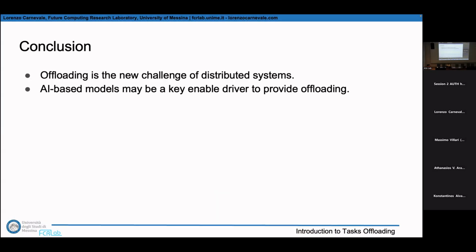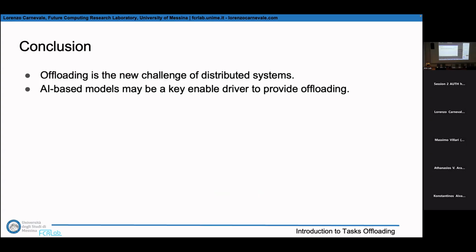Okay, let's go to the conclusion. I mean, it's something very simple. Offloading, as you can see also from this slide, is something that is really a research topic. So I was also curious to go on Amazon before running the presentation and to search for task offloading. And yeah, there are no books that we can take to understand what offloading is. So offloading today is something that we can study from the scientific community. We can study from papers and other kinds of solutions similar to this.